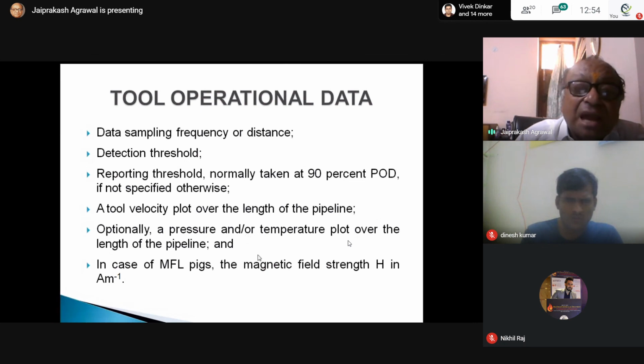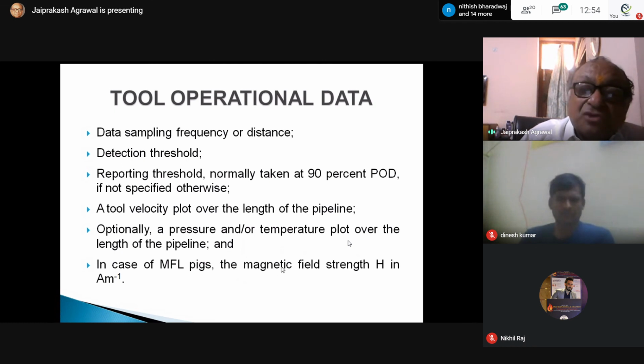Pressure and temperature also should be prefixed, because any change in the pressure or the temperature will also affect your metal loss and the features. In the case of magnetic field strength, how much is the magnetic field strength? That also they will give. That depends upon the specification which you require.